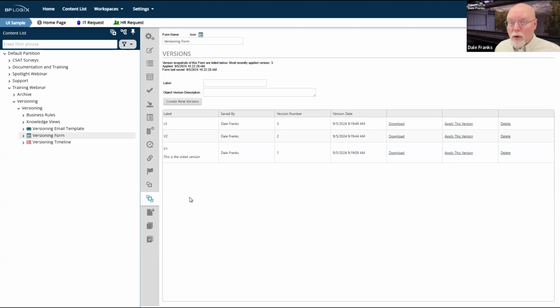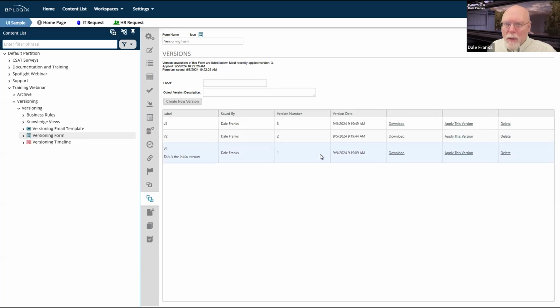In general, as a rule of thumb, that is not what you want to do. It's super tedious if I have 5 or 10 objects, 20 objects inside my application. It's super tedious to version them all independently.